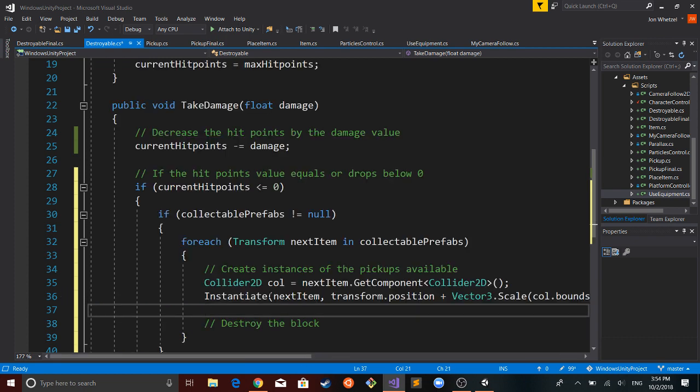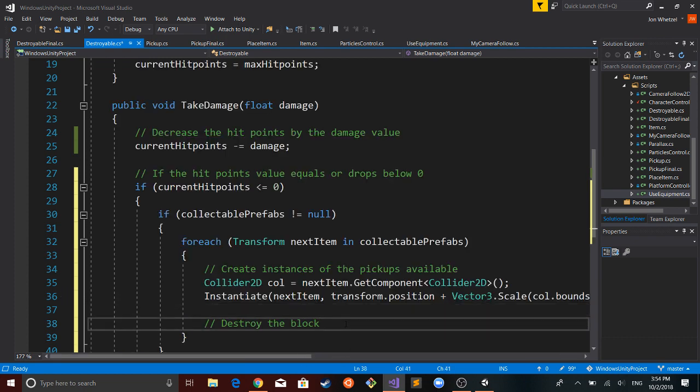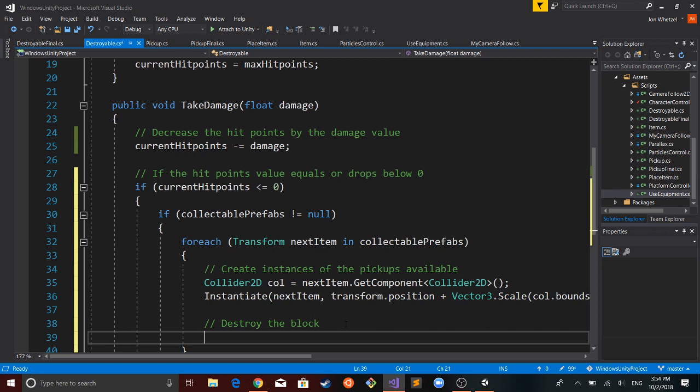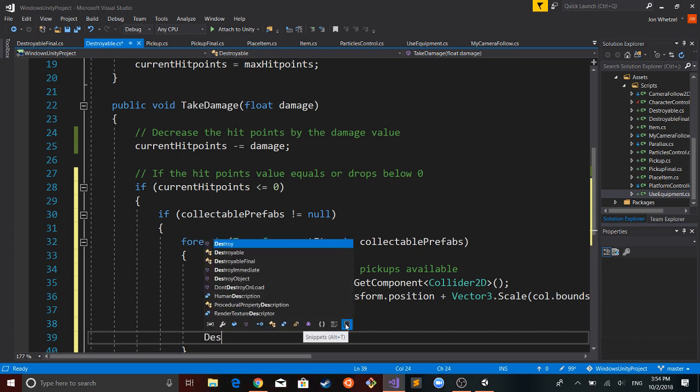And so because we're going to make an item, but now we need to destroy the block itself. So we need to destroy the block that we're getting this item out of. So that's the other part, or kind of the other function I want to talk about, is this destroy function